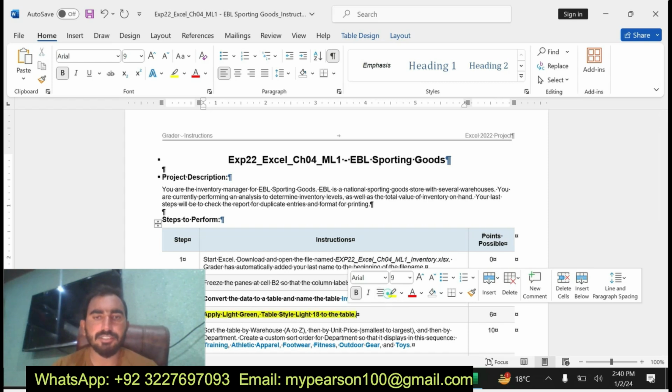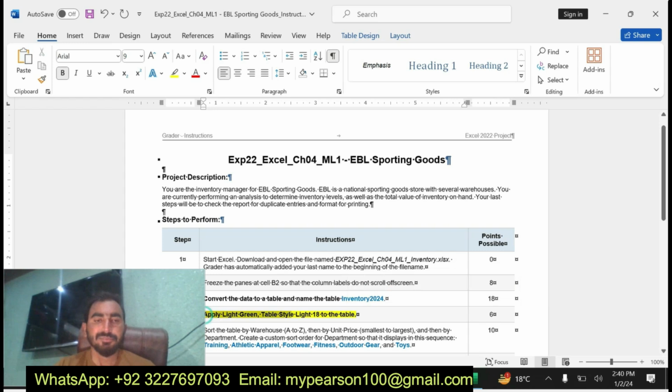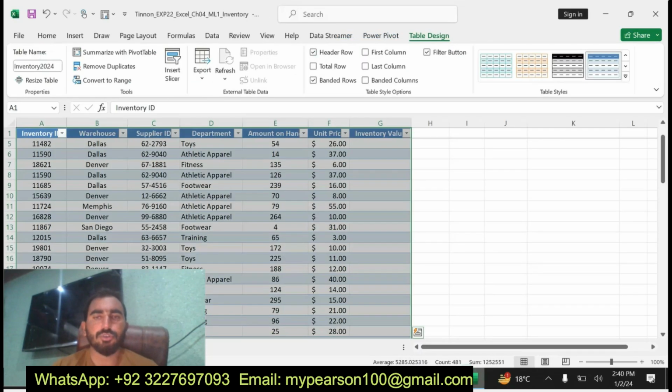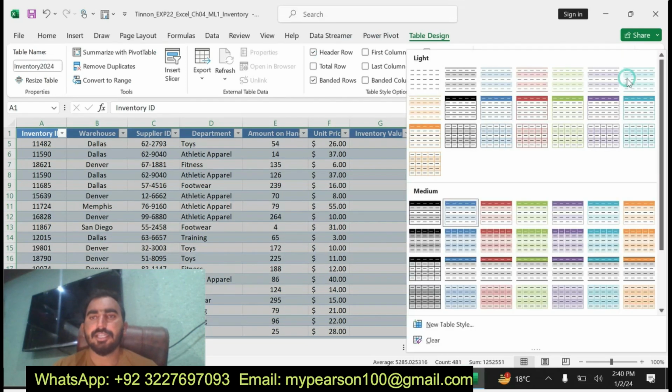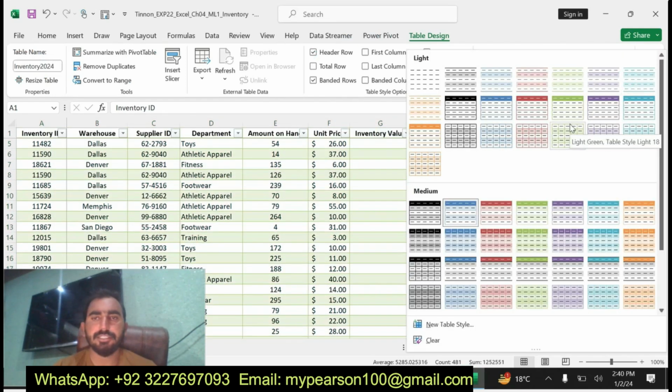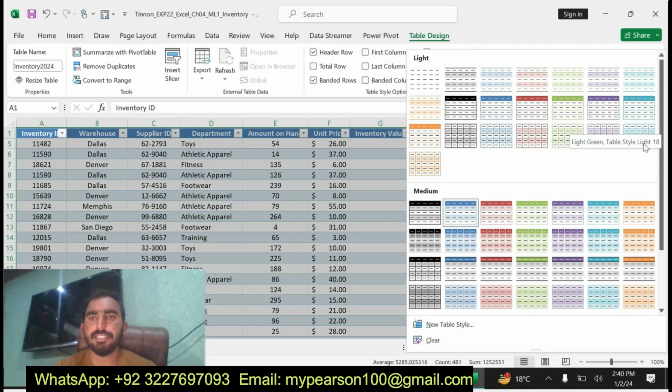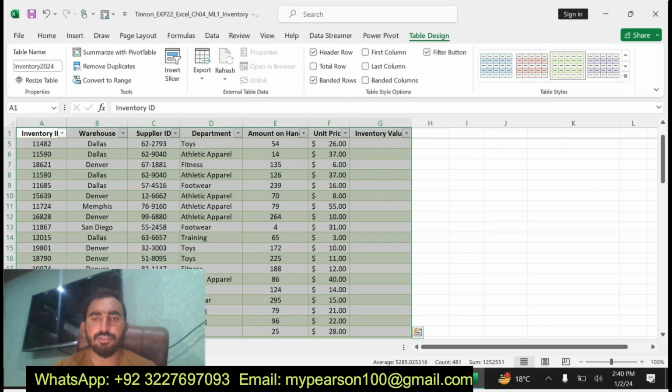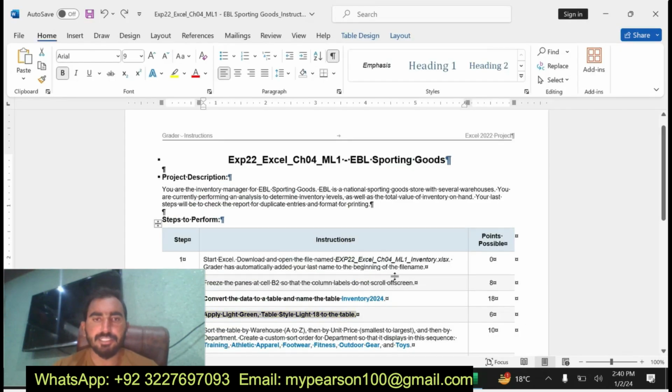Here are the table styles. Light Green Table Style Light 18. I have changed the table color and applied it. I have completed step number 4.